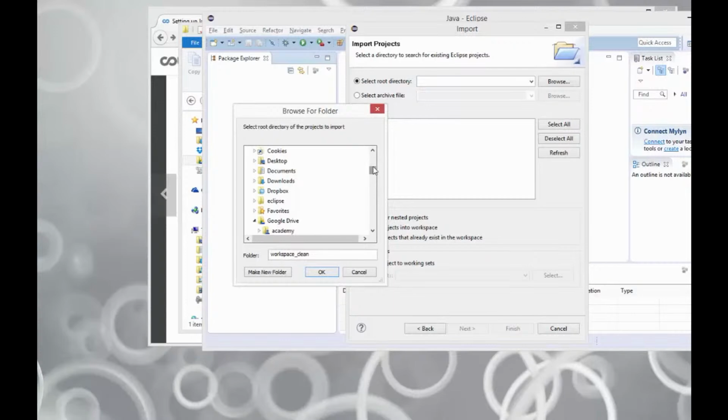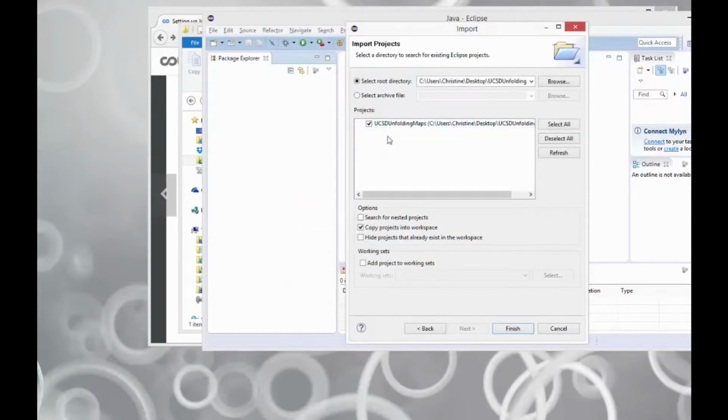And I just put it on my desktop. So I'll go up here and find my desktop, and here it is down here at the bottom. So I select the UCSD Unfolding Maps directory, and then I click OK. And you can see that it imported this project, or it gave me the option to import this project in